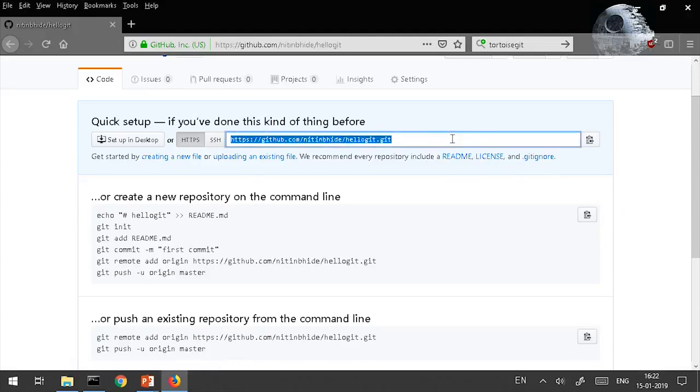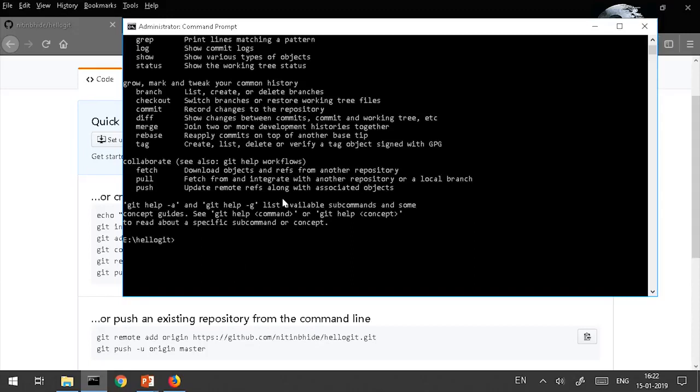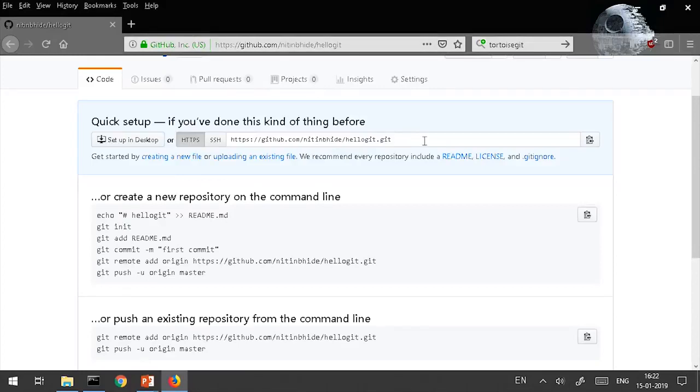Let's see what this Git repository contains. So first step is to clone this repository, or copy this repository from GitHub to your local machine. Now for this, I have created a folder called hello git, and now we are going to clone this repository. Type git clone, copy this URL,